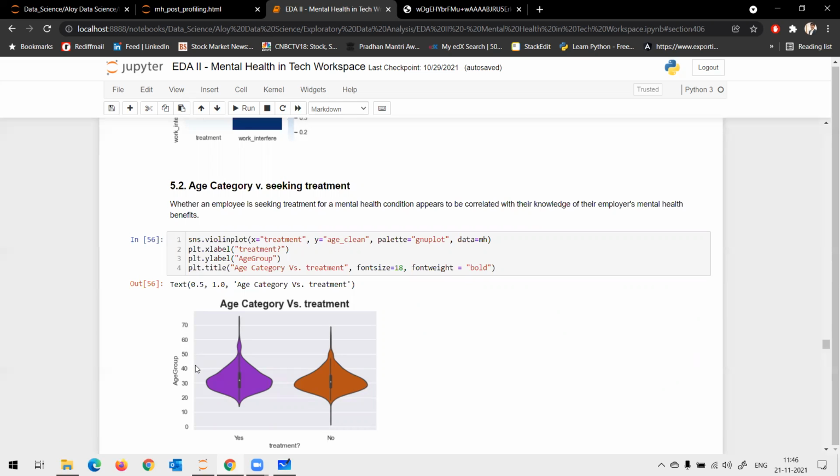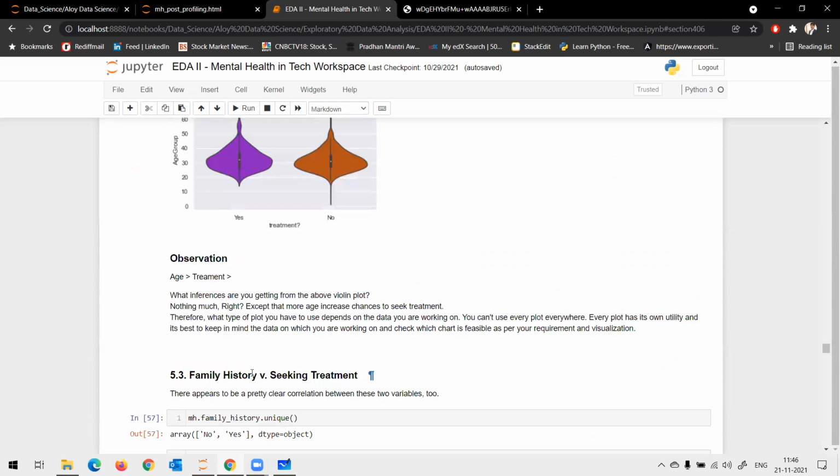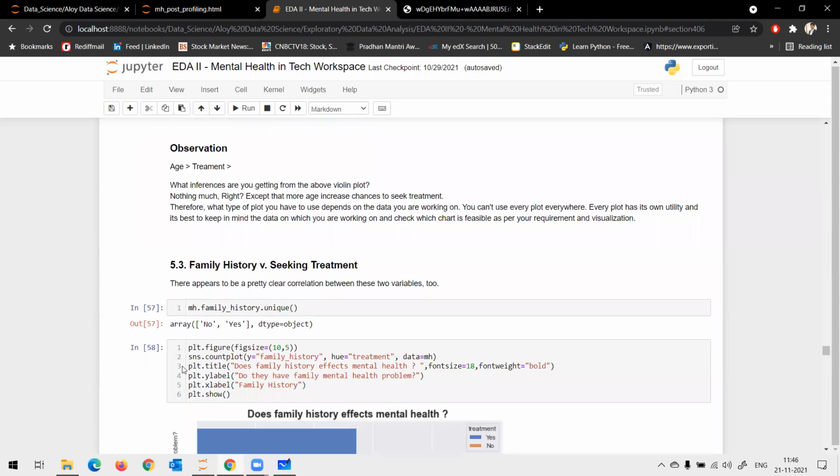People with higher age are more expected to seek treatment. Are you guys with me? Yes, sir. I note down the observation and move on to family history versus seeking treatment.